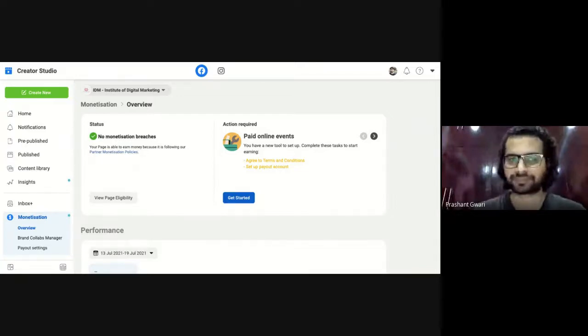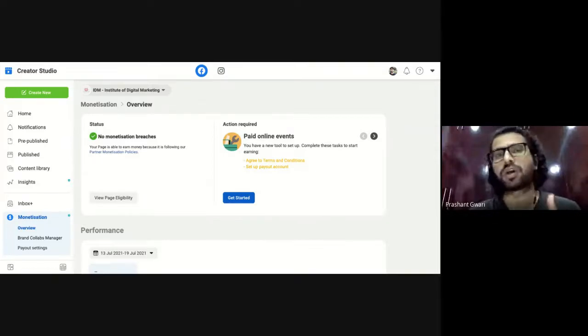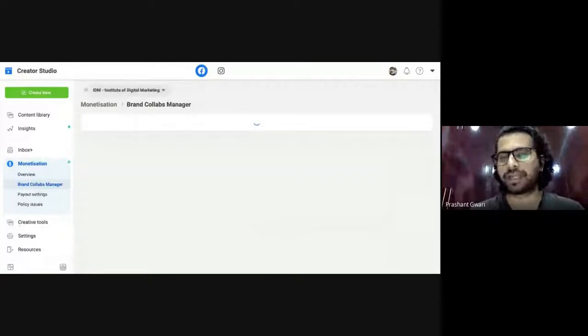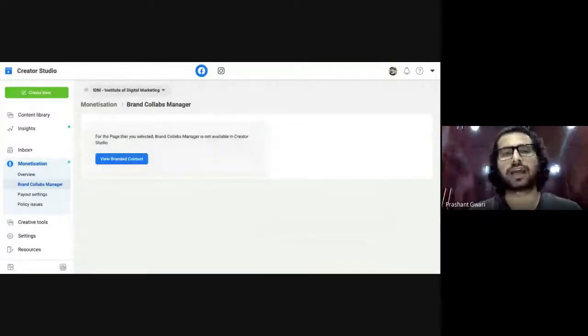Even if you are a creator, or if you want to become an influencer, or if you want to find those influencers you want to collaborate with for your brand, you have a feature called brand collaboration manager. If you click here on the brand collaboration manager, you can find all the influencers related to your business, whom you should target and communicate with for promotion of your content.